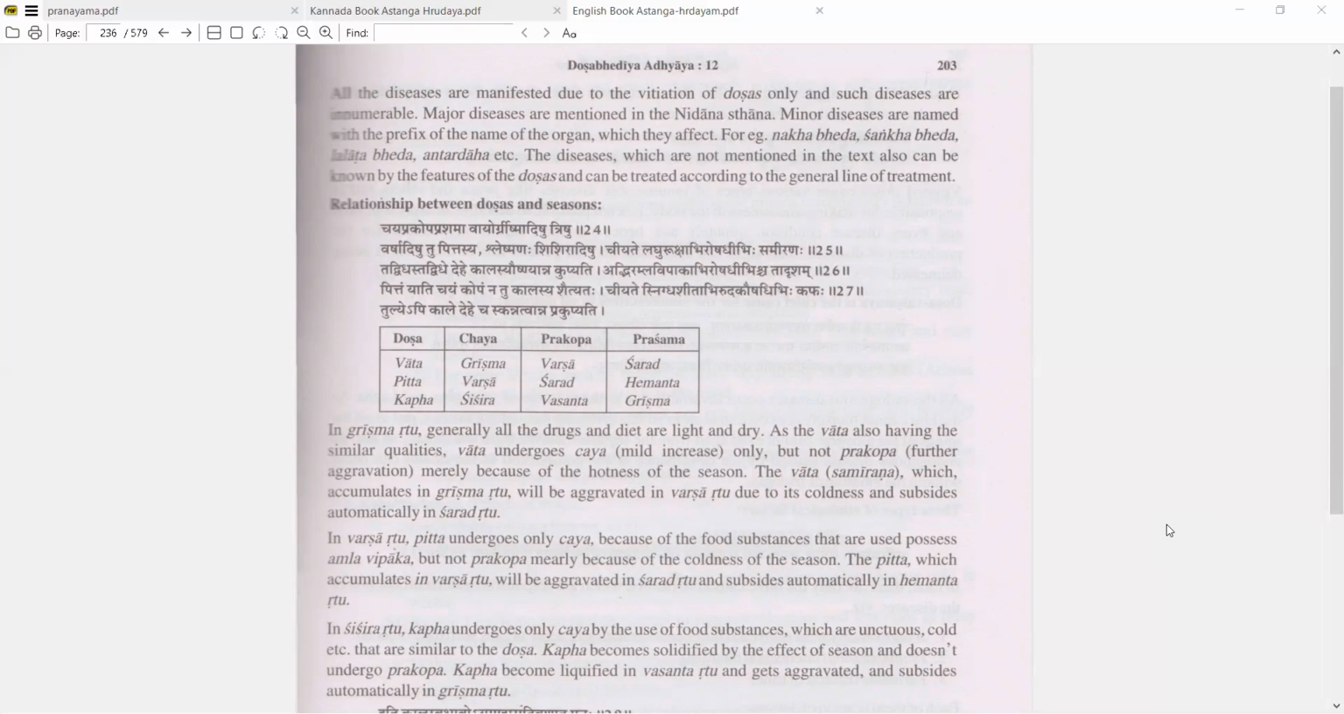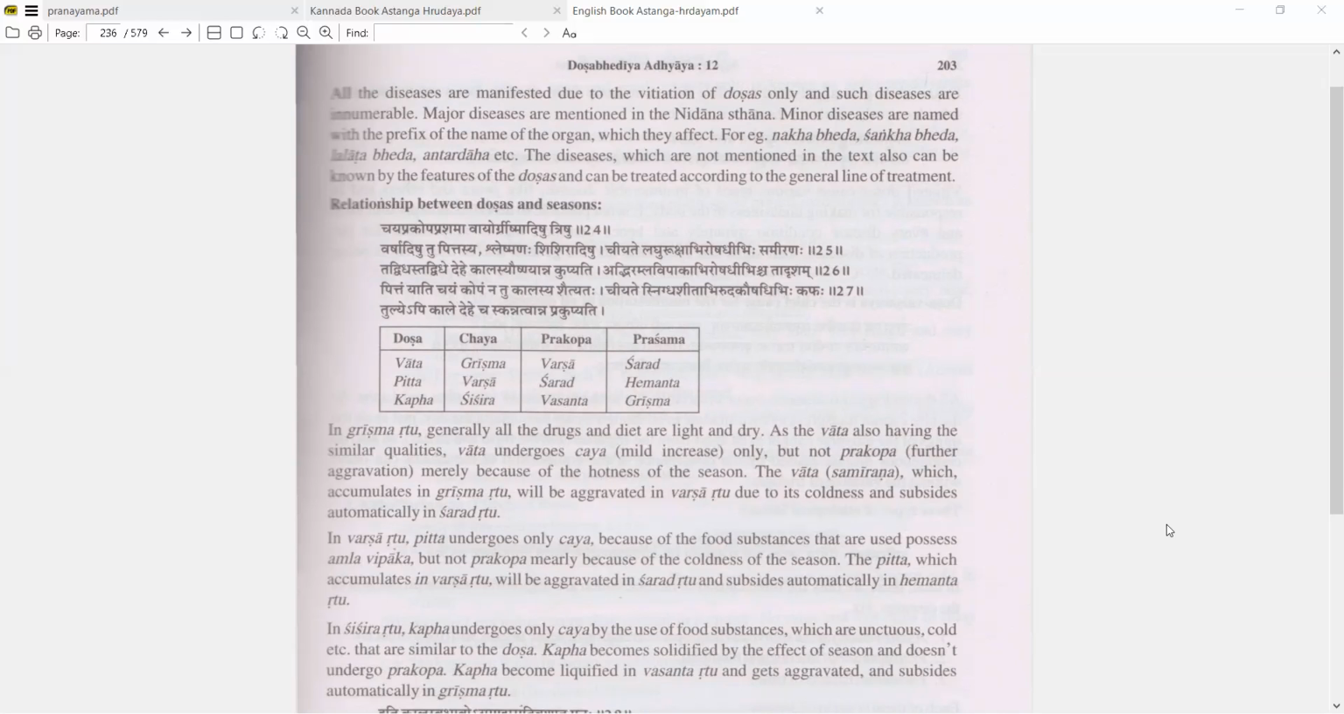So in Grishma Rutu, generally all the drugs and diet are light and dry. As Vata also has similar qualities, Vata undergoes chaya, mild increase only, but not prakopa, further aggravation, merely because of the hotness of the sun. The Vata Samirana, which accumulates in Grishma Rutu, will be aggravated in Varsha Rutu due to its coldness